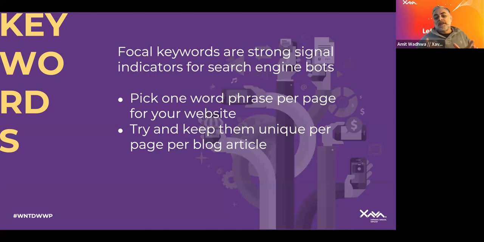You can formulate keywords as questions, or you can formulate questions as keywords, rather, apologies. So your web page can be, let's say you're writing about service business mentoring. Business mentoring would be a perfectly valid keyword for that page. Then you're writing blog articles or pushing out case studies, which are related to business mentoring, but you can differentiate by saying, how do I do business mentoring? Or how did I help company A with business mentoring, or something like that. So you're keeping the soul of that article as business mentoring, but your keyword is a little bit different.